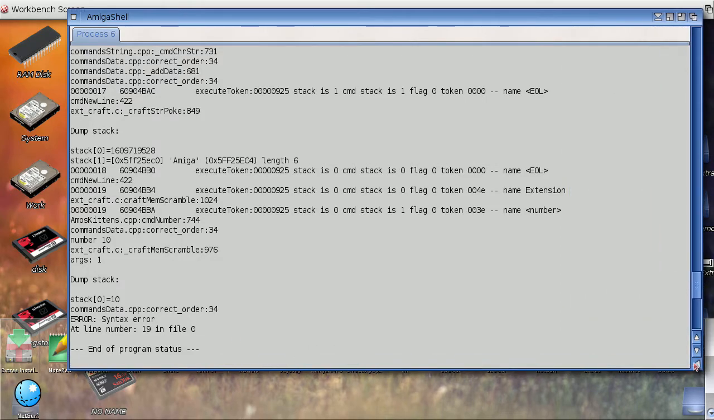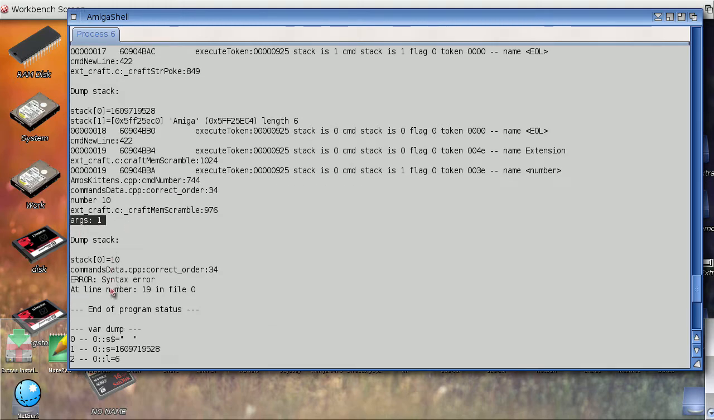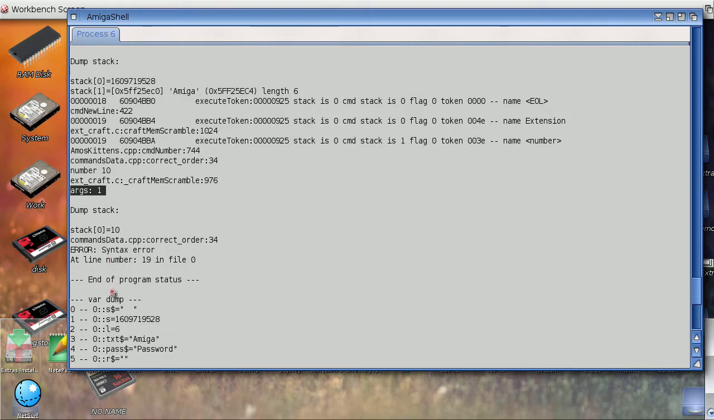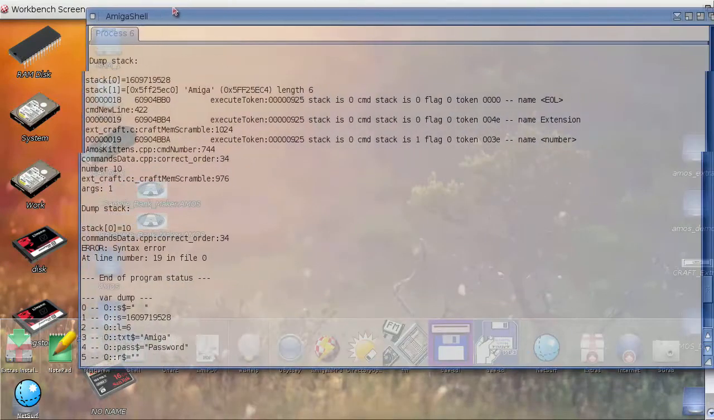Oh, really interesting stuff. So here we have a bug. So this is the mem scramble. So what I think happens here is it executed before it has collected all the arguments, which is some problem